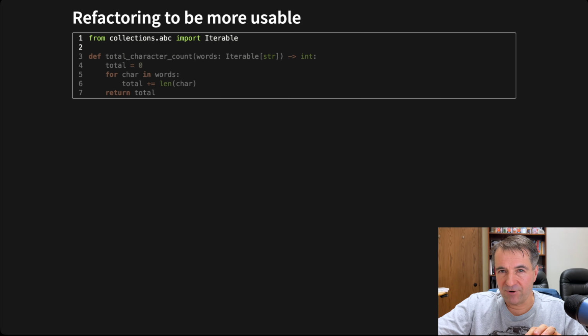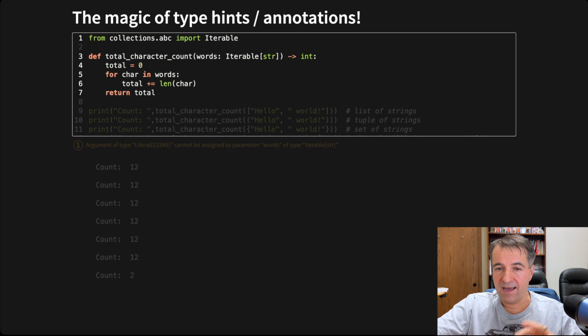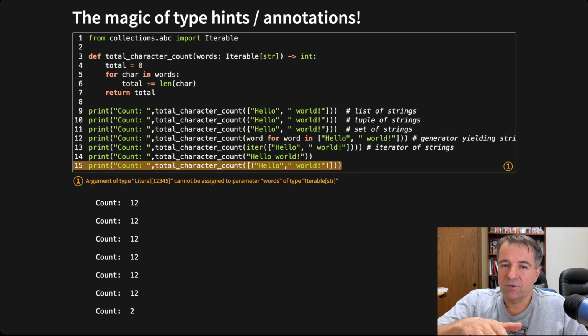So this is an example of what you'll do from a typing point of view. And this is where abstract base classes come in. Have a look at that. We're importing from collections.abc. This is also the modern way to do it. You're importing Iterable, and you're now adding a type, because any iterable would be able to work for this function. And that's an example of how much flexibility I've added.